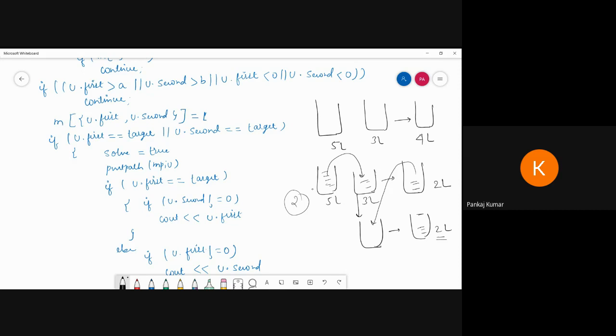Okay, now see, we have to reach 2 liter. Suppose I want to fill up this one, is it possible? I can fill this 2 liter with completely 3 liter. So when I put here 2 liter, is it possible to get 4 liter? First, I can fill.